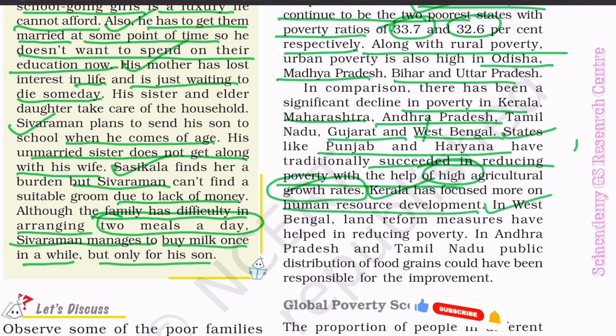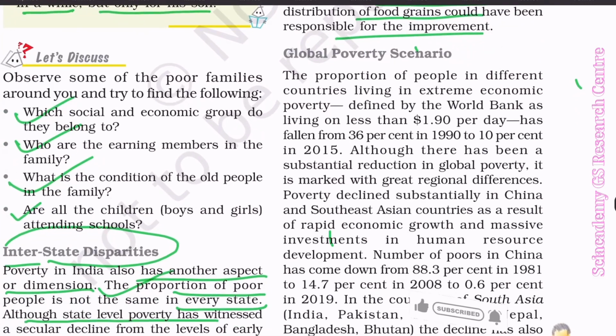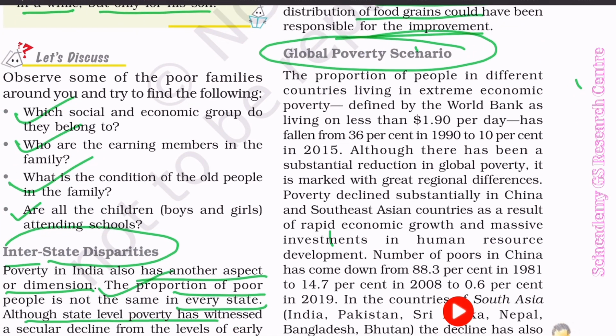In West Bengal, land reform measures have helped in reducing poverty. In Andhra Pradesh and Tamil Nadu, public distribution of food grains could have been responsible for the improvement. Global poverty scenario. The proportion of people in different countries living in extreme economic poverty, defined by the World Bank